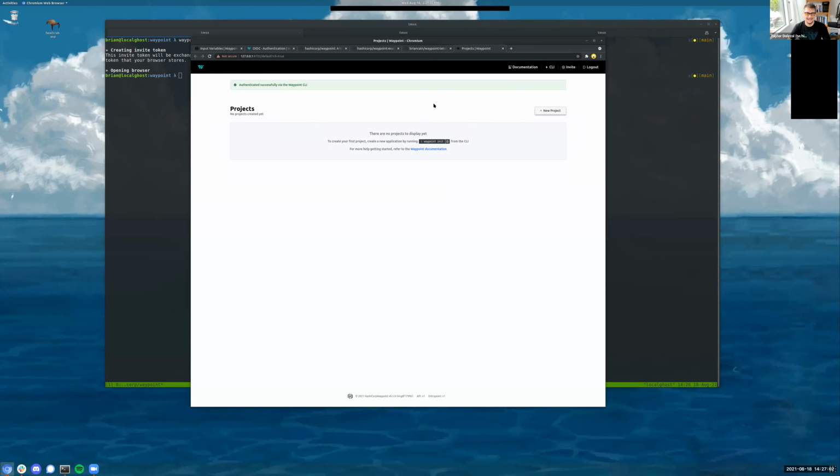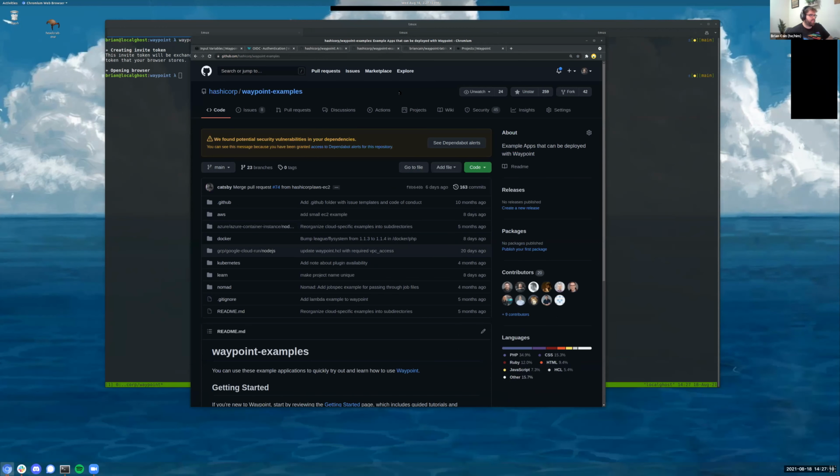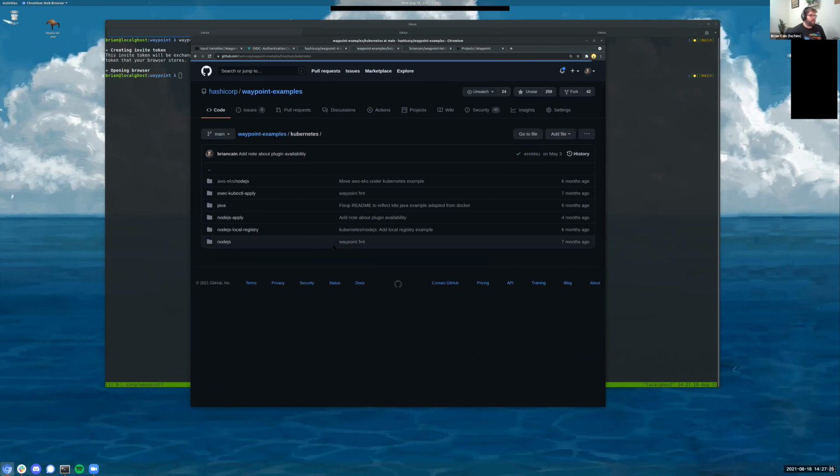So yeah, I'm going to do most of this through the UI just to show off the whole GitOps flow. One of the projects I'm going to use is our examples repo. If you haven't checked it out, you can find it here. Maybe we could drop the link. There are a lot of different platforms that we try to cover here, and it's all pretty basic. We don't have anything too complicated, but the main idea is to get you started and see what a